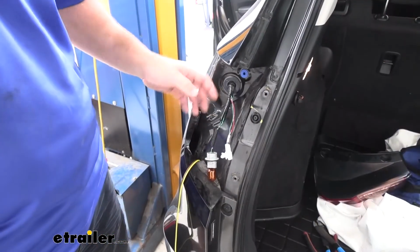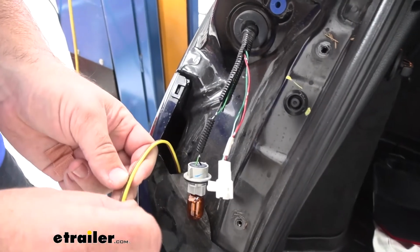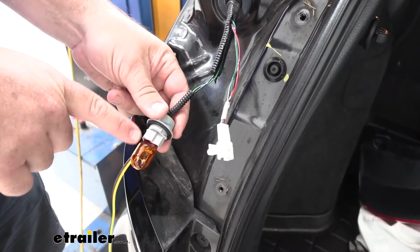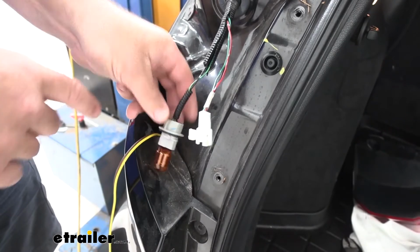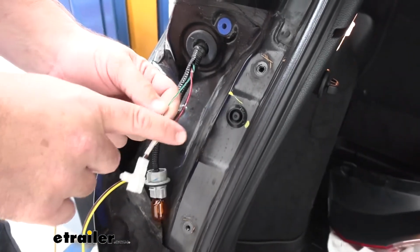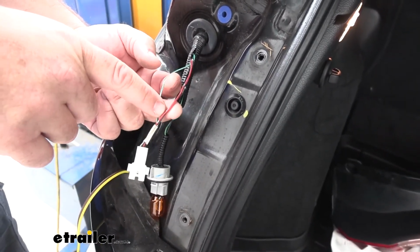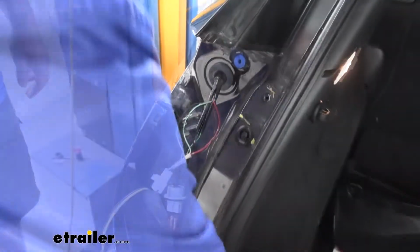Now we determined that this is a 3-wire system, but our diode kit, our yellow wire, actually is combined brake signal and turn signal. Because we can't use the amber colored light as a brake signal, we're going to have to tie it into the running light circuit, which is in this plug. We determined that our brake signal is going to be our green wire, running light signal is going to be our red wire. What we're going to do is we're going to cut the green wire,